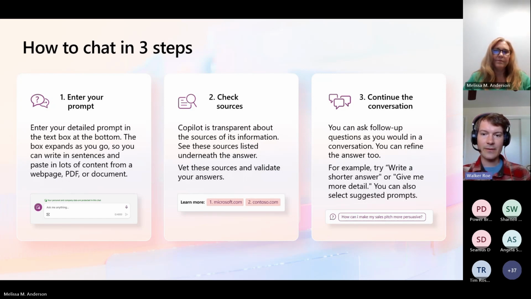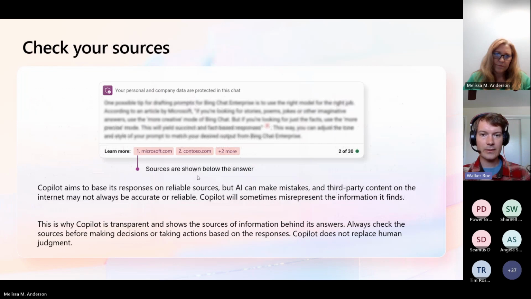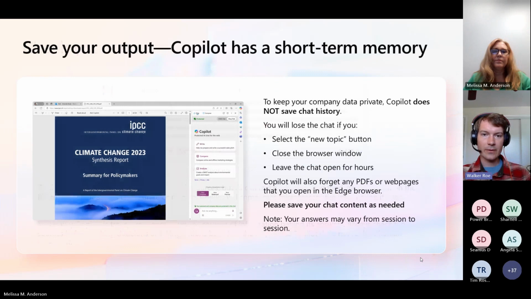So this is just an example of how that can go through. On the next slide here, we'll show you how to check your sources. They're always going to be at the bottom of whatever generative output is contained within the Copilot interface. You can click on them, you can hover over them, and it'll tell you exactly where it's coming from. We're just going to move quickly through these because I want to make sure that we have enough